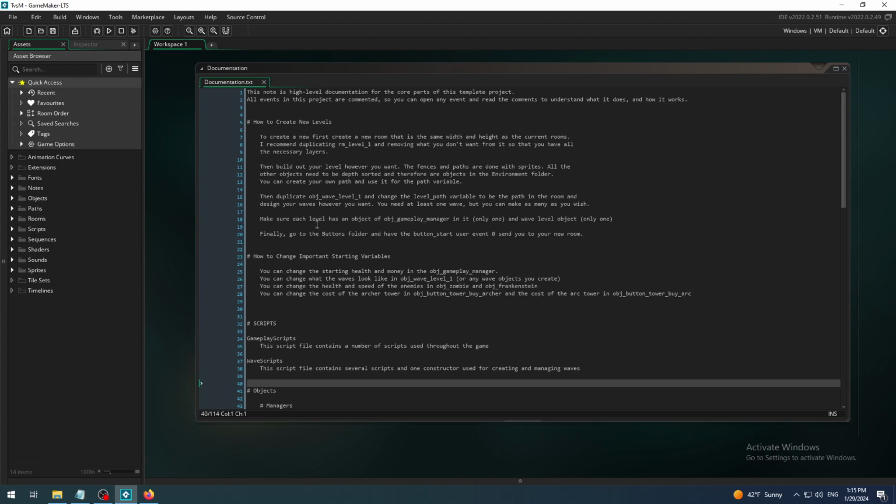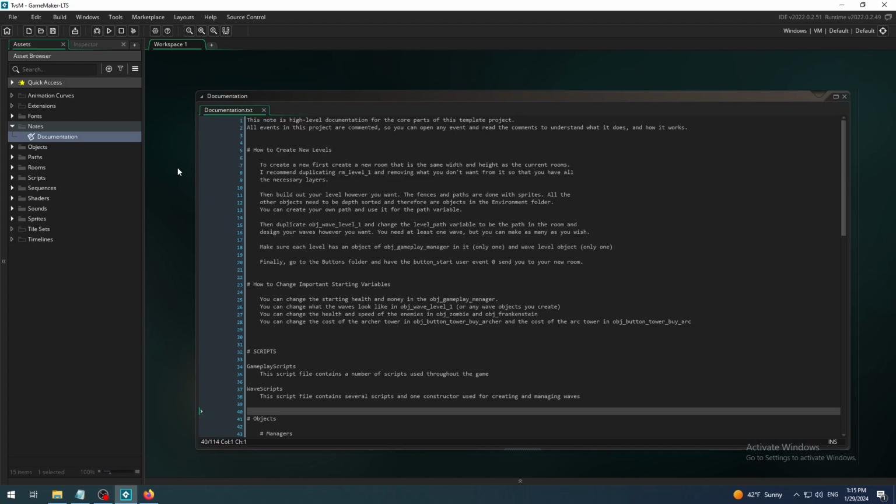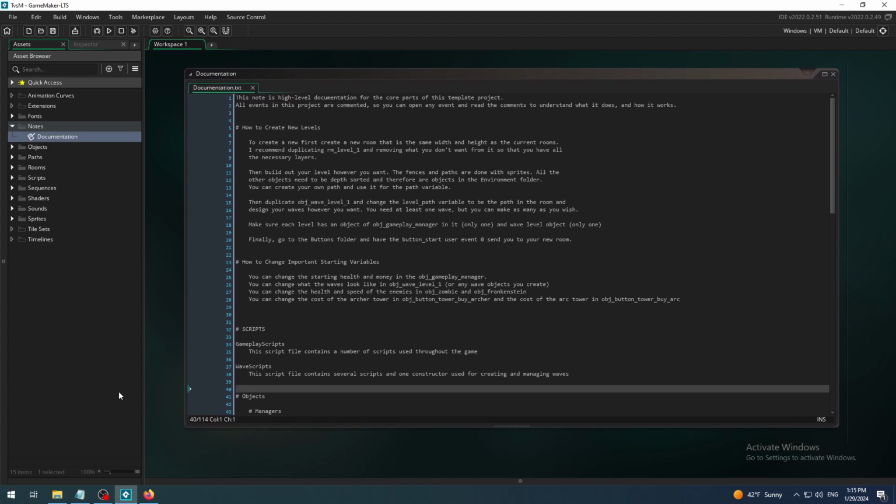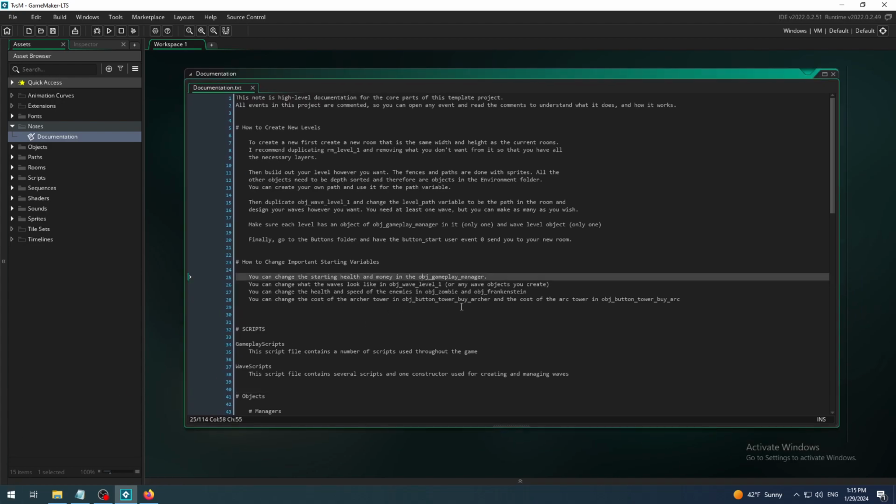Okay, so once again we start from this documentation information note, which is in notes documentation. So double click on this documentation item if you don't have that opened, and I have told you already a couple of times that you should read that before. So if you did that, you would know that there is some kind of